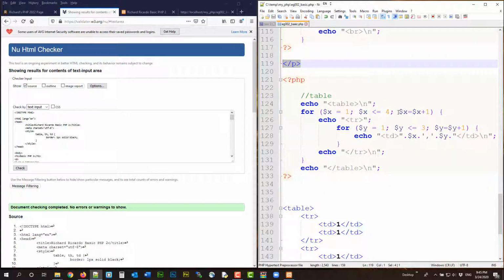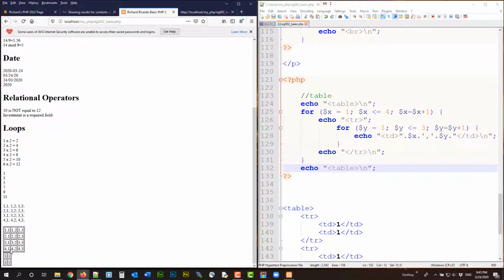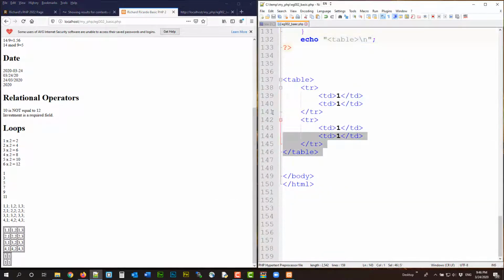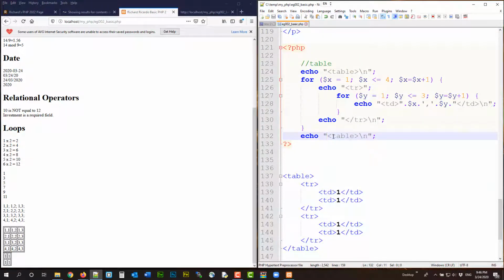Okay. I'm not very good at creating errors, but let me create an error. This time let me create a PHP error. Let's say here I'm going to delete that. I know what the problem is. Control S to save. Come over here. You don't really see the error here because what happened is they just join the two tables together. Or worse, if you have no table here, you will never see the error. So I created a pretty obvious HTML error hidden in PHP. It still works, right? But if you validate,